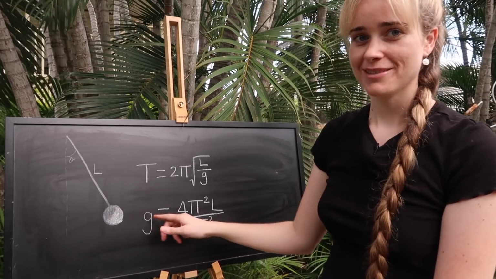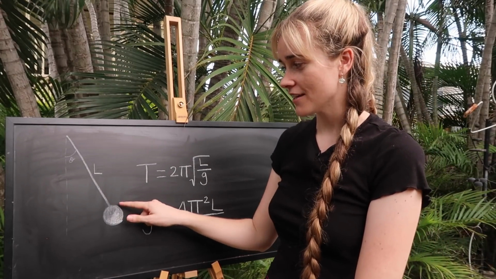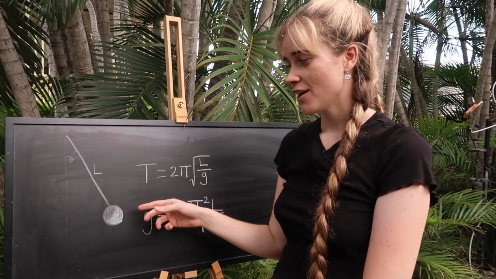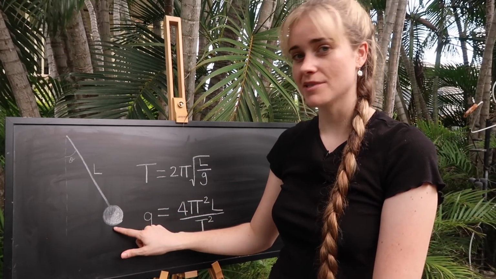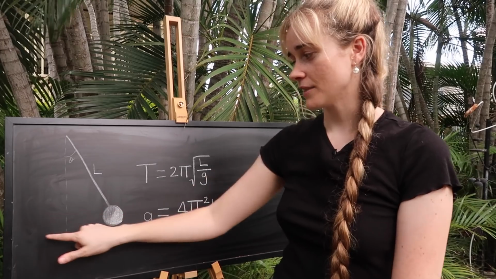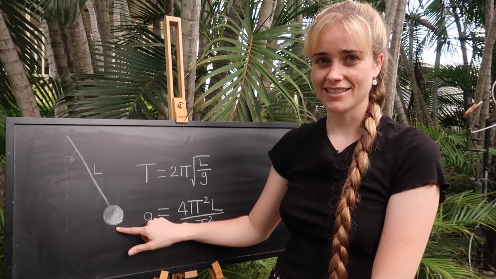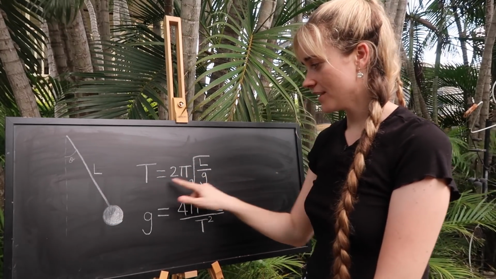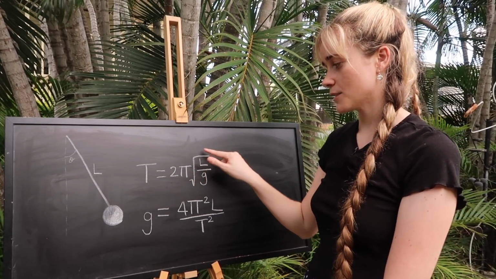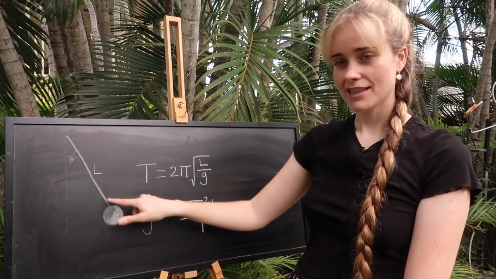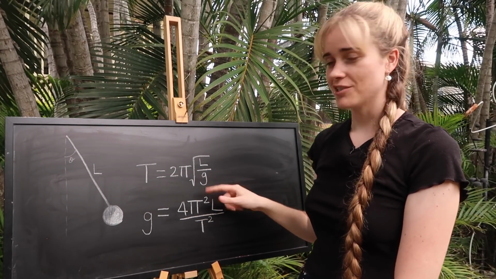A simple pendulum consists of a metal sphere on a long, thin string. One period of oscillation will be the time it takes for this mass to go from, say, here through one complete cycle and back to where it started. We can work out the period T from this formula here: 2 pi times the square root of L, which is the length of our pendulum, over g,